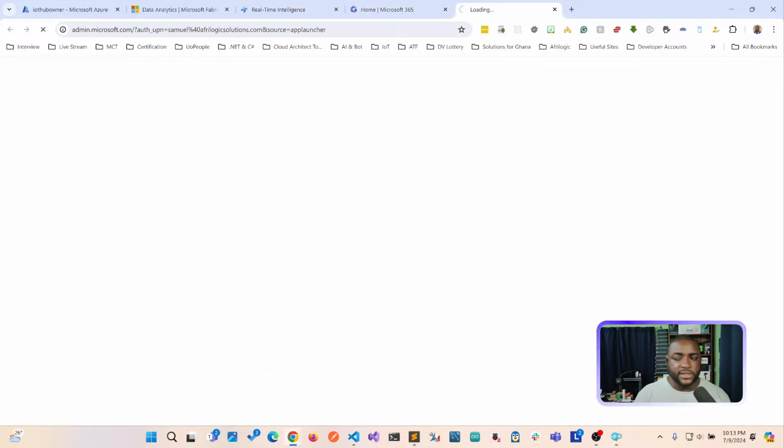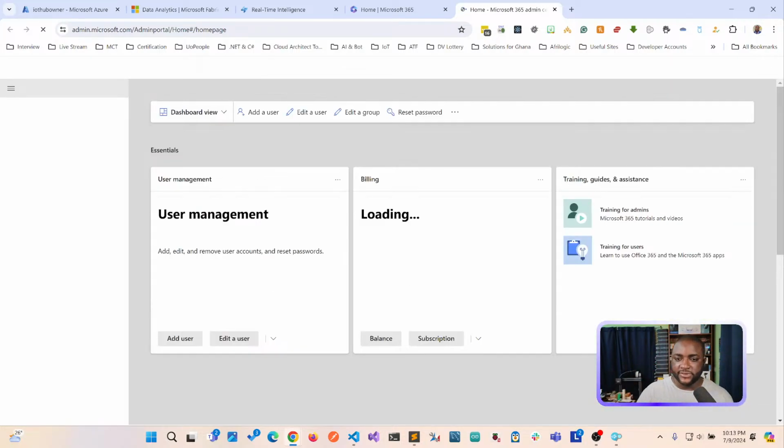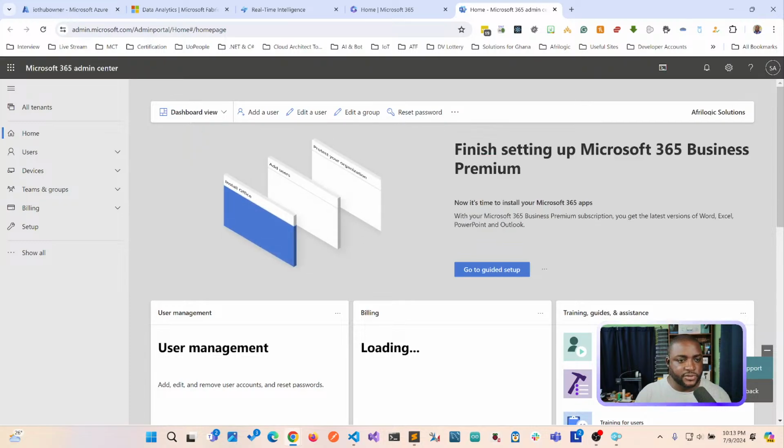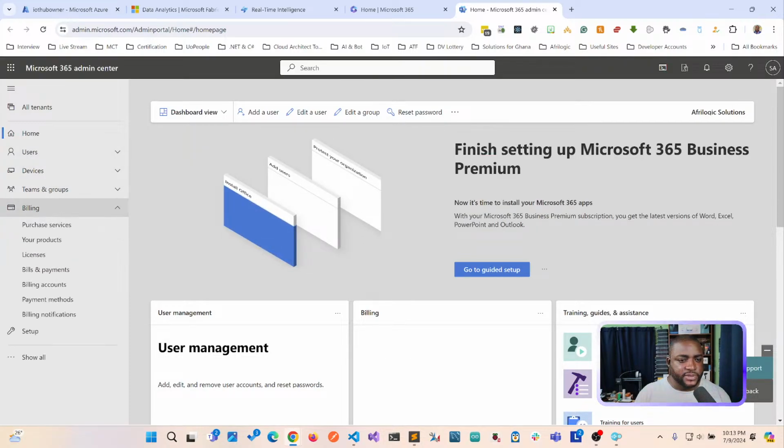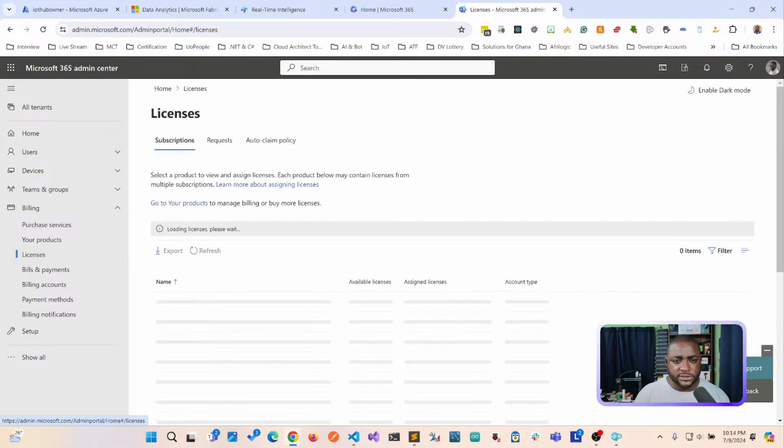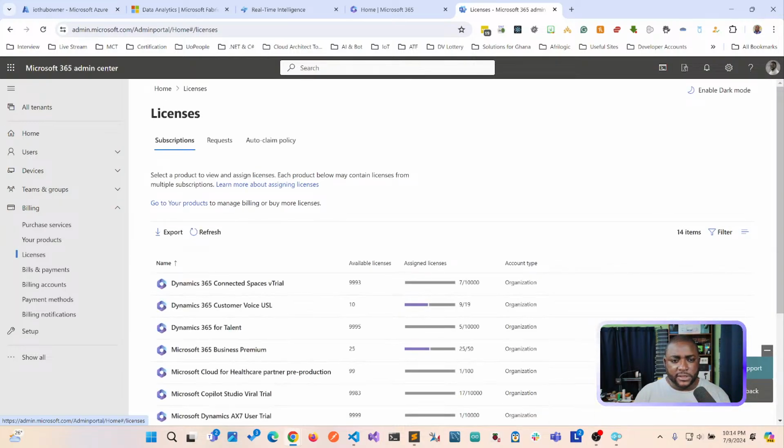Let's go to admin. What I'm trying to do to solve the problem is see if the license is properly applied to me. It might take a minute to kick in, but I just want to be sure. So let's go to billing. Let's go to my licenses, and let me check the license. Let me look for